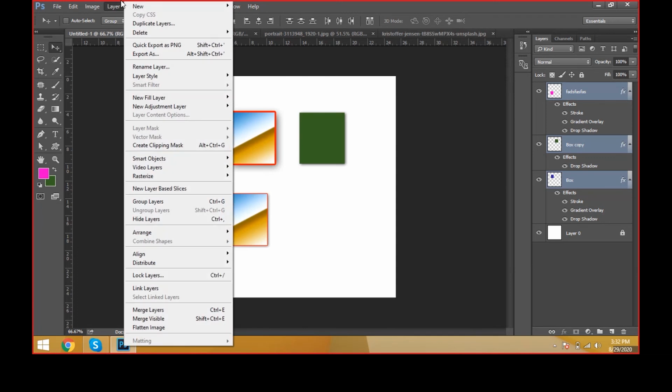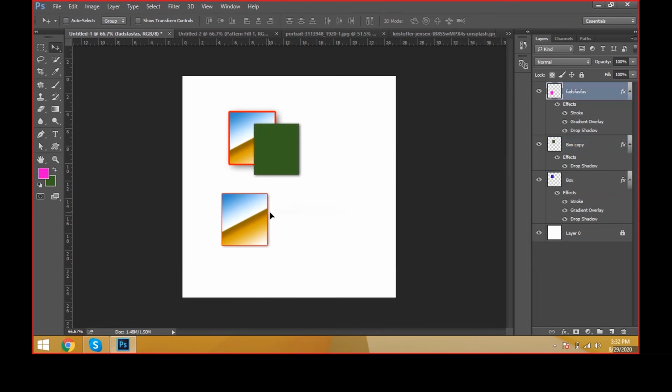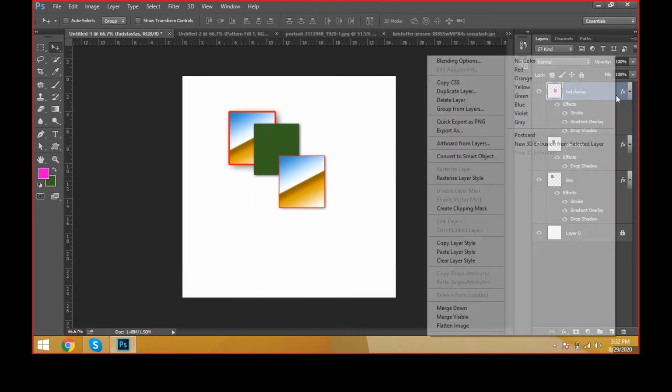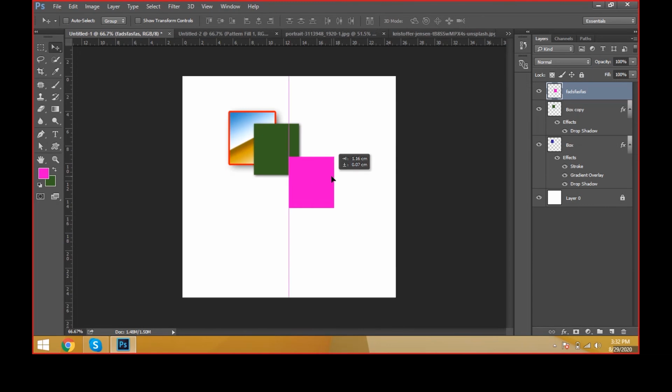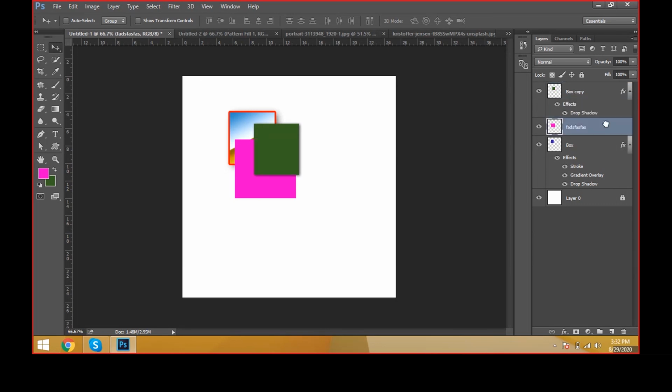Okay, now come to the layer and click arranging. Arranging is very important, friends. How many layers do we have here? So many layers. I am just clearing the layer style, removing all the layer styles, and we have 1, 2, 3. Which one is the top object? This pink is the top object. I would like to keep this object below the box object. Select this one, and I can drag it like this manually. This is called arranging. Okay, and if we have 100 layers, how can you arrange them manually?